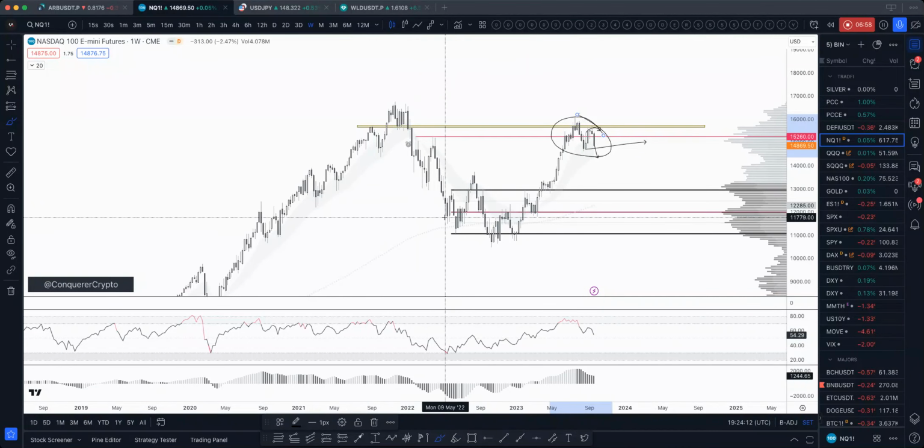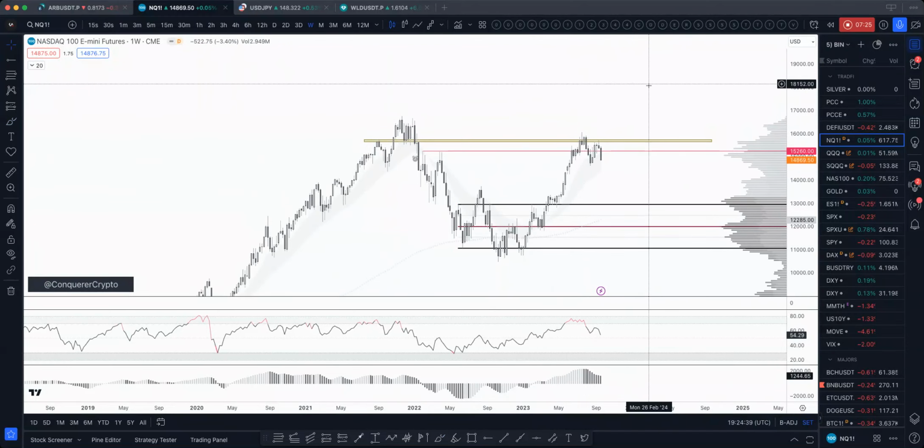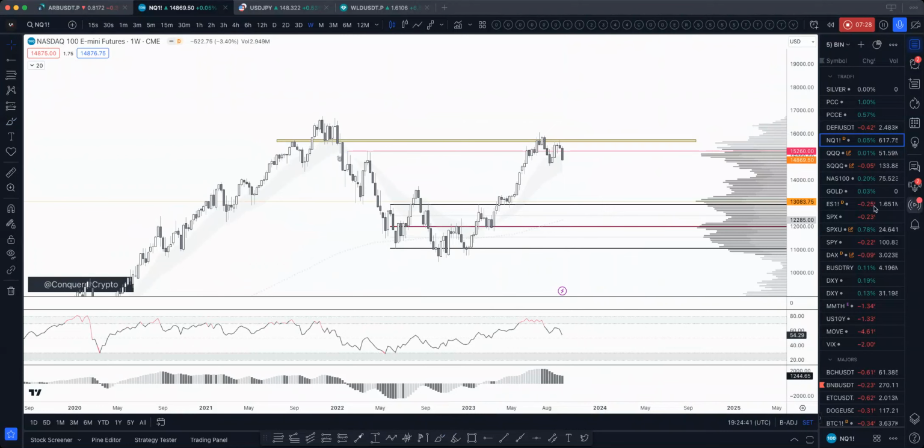You see here, we have this structure, then the structure shifted, and we printed this higher low, and then we had the trend. Now it's the first time it's doing this, so it's not really the best scenario, especially for equities, right? So that's that. Matching this idea with dollar, it's not the best look for the assets that we're trading, basically, that we're interested in, which is like equities and crypto.